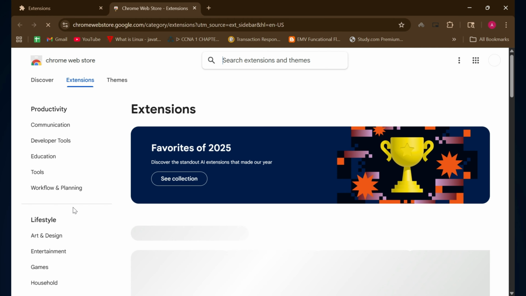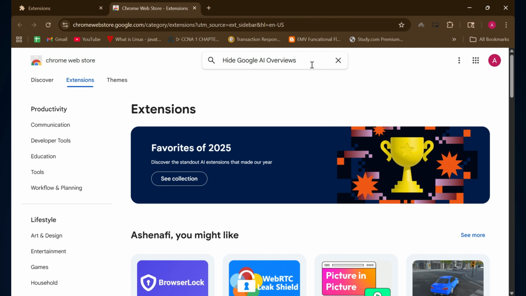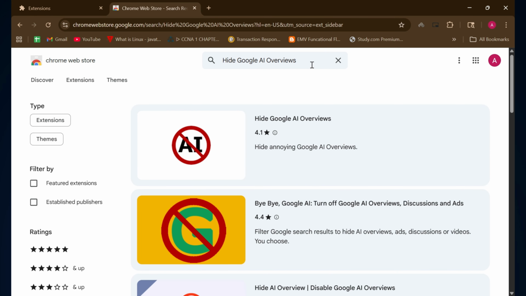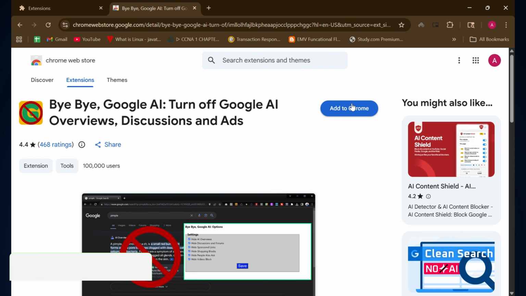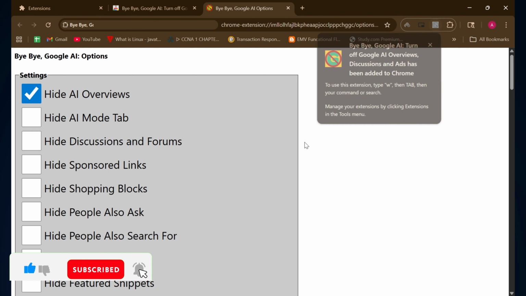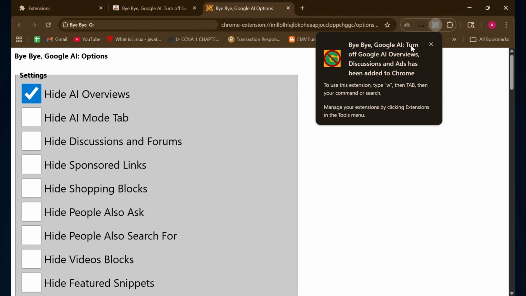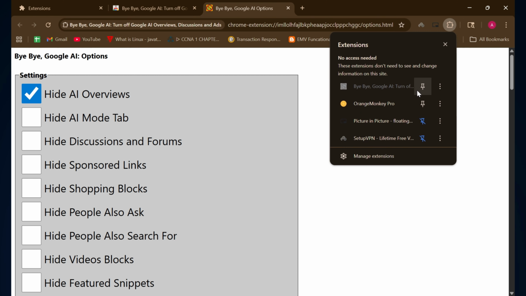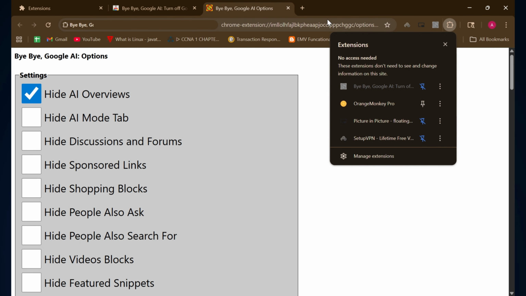In the Chrome Web Store search bar, search for Hide Google AI Overviews or Bye Google AI. Open the extension you want. Then click Add to Chrome and confirm by clicking Add Extension. Once the extension is installed, you can click the extensions icon in Chrome and pin the extension so it stays visible in your browser. These extensions run quietly in the background and hide the AI overview as soon as a